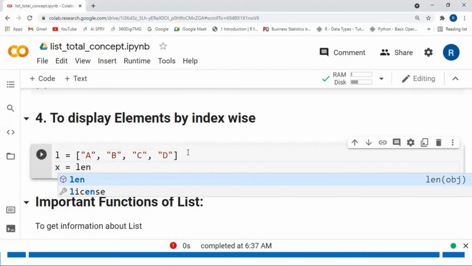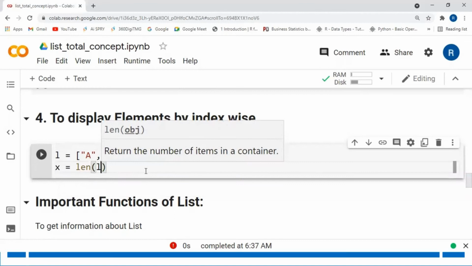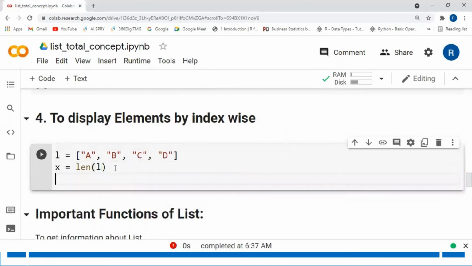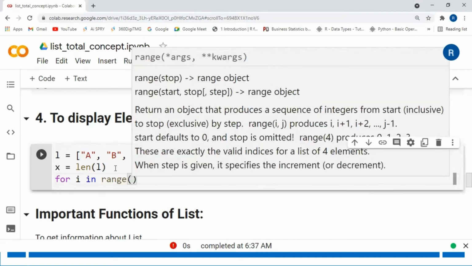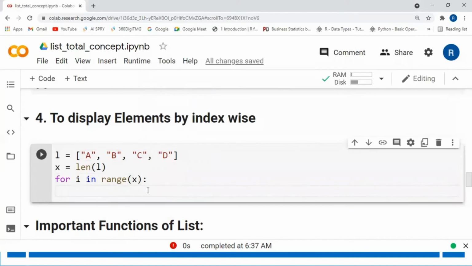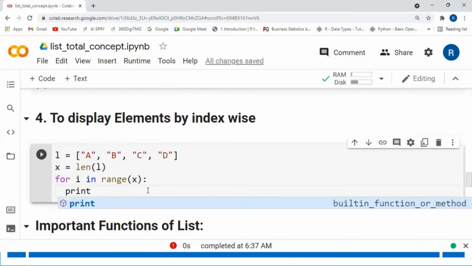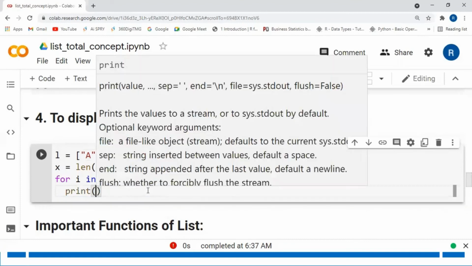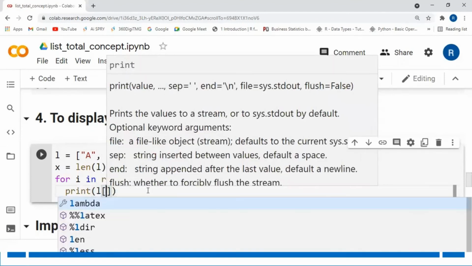I am storing the length of the list in that variable. Now I am writing for loop, for i in range x. We have to take the length of the list here. Now I am printing each element from the list.